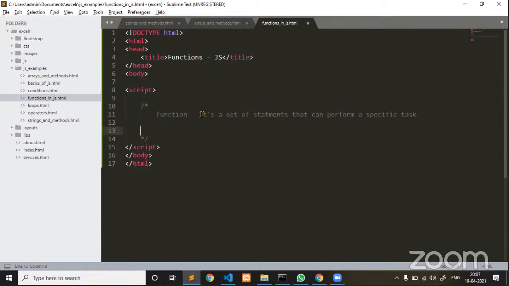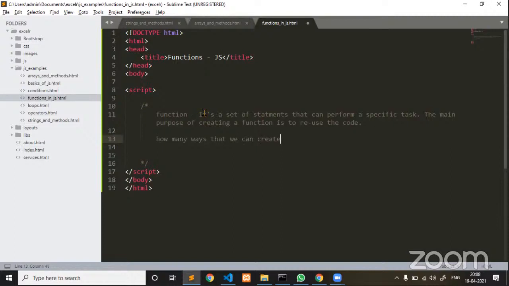The main purpose of creating a function is to reuse the code. This is a very, very important usage. Now, how many ways can we create them? Ask me, there are many.